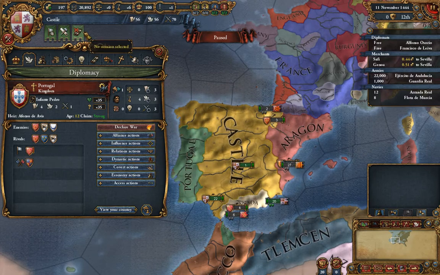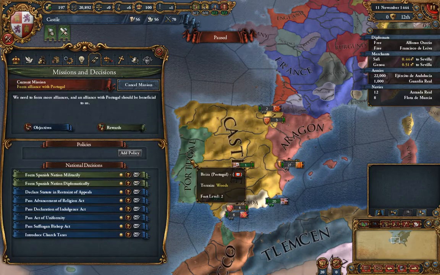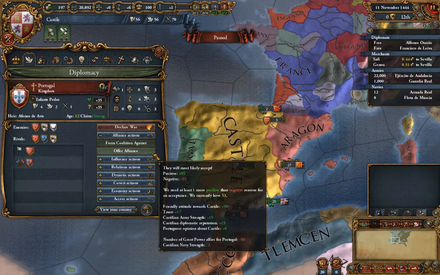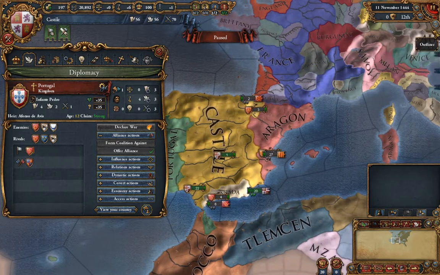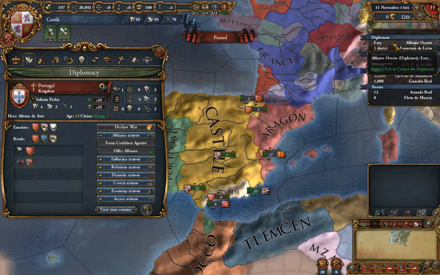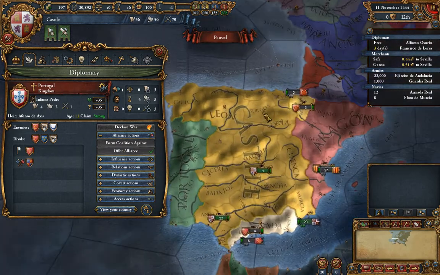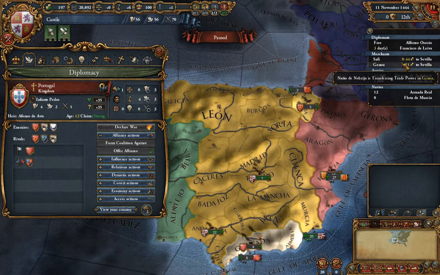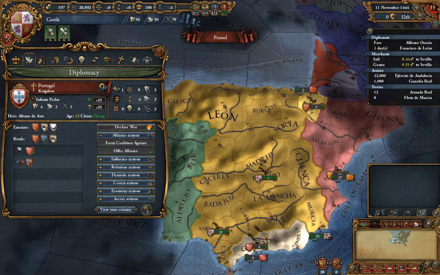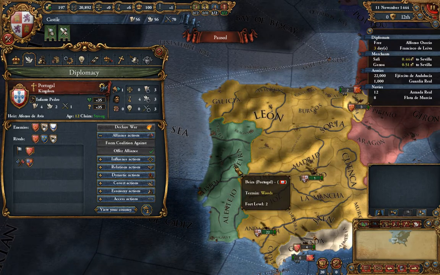So, that being said, we are going to take the Form the Alliance with Portugal mission. We're going to right-click on Portugal, Alliance, Offer Alliance. Click Yes. Now, this over here, the outliner, is one of the most important things to have open in EU4 basically at all times. Because it's going to tell you what your diplomats are up to, what your merchants are up to, if they're doing anything useful. And as you can see, our diplomat is going to take 3 days to go to Portugal